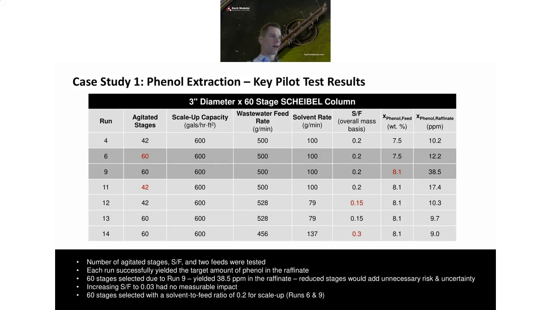Ultimately what we found were runs 6 and 9, which are shaded in gray on this slide, were the optimal. We did run some tests at 42 agitated stages, but looking at all the data, it was more appropriate to scale up based on 60. It makes the extraction column a bit more expensive, but it's a slightly more conservative design. And we found that the second feed was a little more challenging to process because although we were making our raffinate spec, it had a little higher raffinate spec associated with it just because there's more phenol in the feed stream. So those are the 2 columns and the 2 runs that we selected